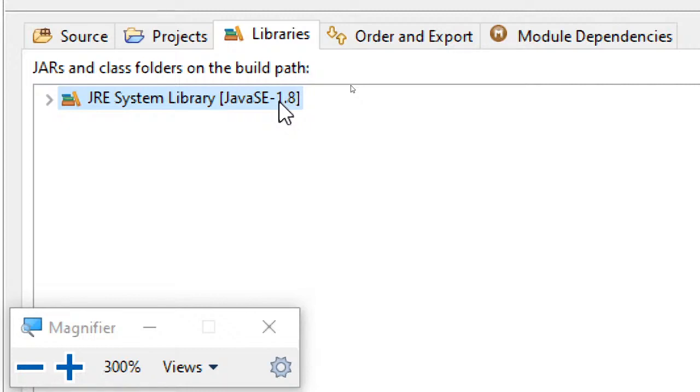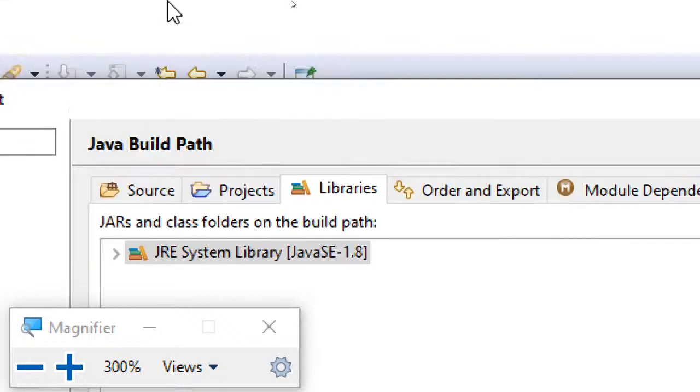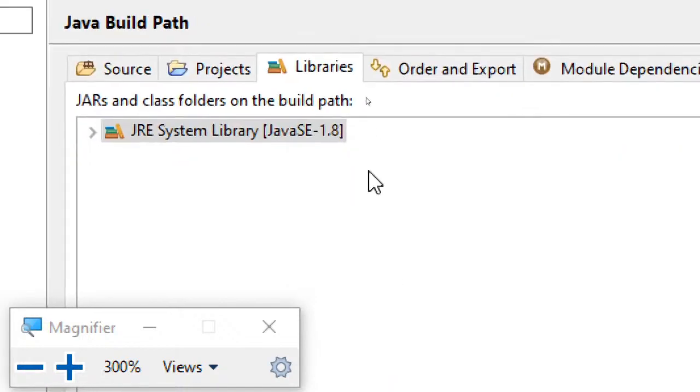So in that case, suppose you are writing default methods in the interfaces, and your JRE is selected for 1.5 or 1.6, then when you right click and run as Java application, you will be getting an error. Why you will be getting error is because the current selection of your JRE is 1.5 or 1.6, but as I said, default methods are only from 1.8, so you have to just navigate like this. Here I don't have it. If you have, you just need to make the selection.